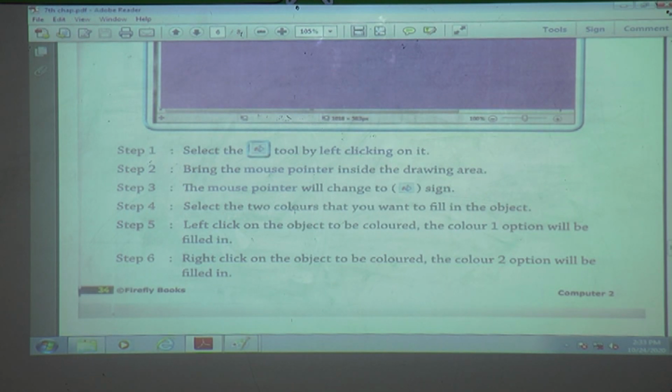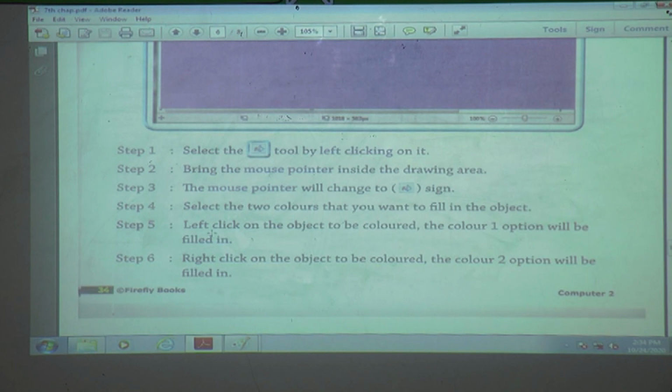Select the two colors that you want to fill in the object. Then the next step is to left click on the object to be colored. The color 1 option will be filled, and if you right click on the object to be colored, the color 2 option will be filled.